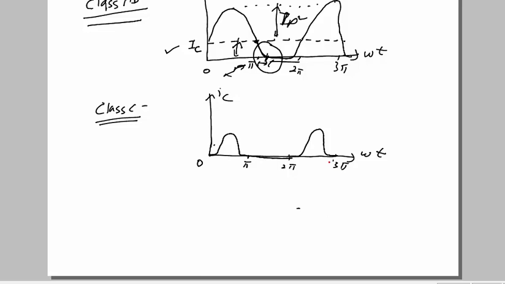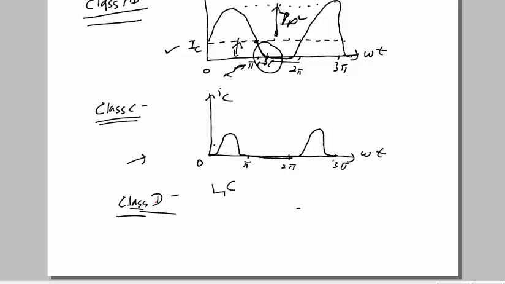To obtain the output voltage, we pass these currents through a parallel LC circuit, which is tuned to the frequency of the input sinusoid. We will study this again when we study the class C amplifier in detail. Apart from this, there is one more, the class D amplifier, which is used for digital pulse signals. We are not going to study it in this course, because here we are studying only analog circuits.